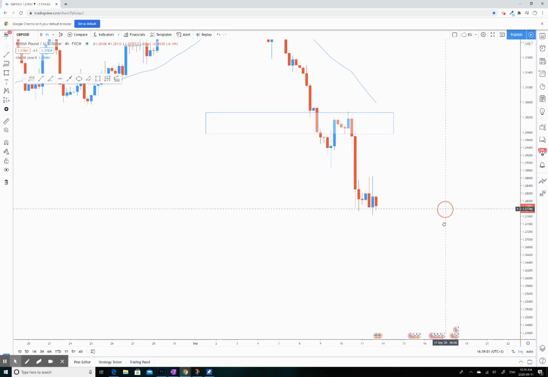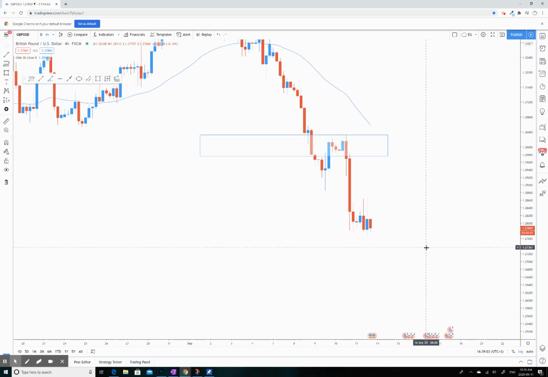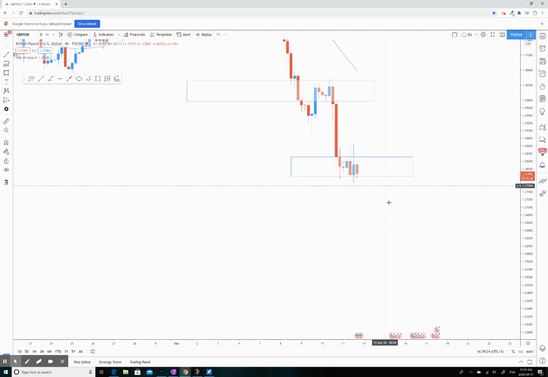So usually what I would do though is extend that rectangle. And honestly, all that's going to do for me, it'd probably show up lower, like down here. And I'd just be looking for an entry area. That's quite okay. I am looking for a zone here. The only issue is that it's still kind of within that area. So I would try to include as many of these wicks as I can and then wait for a clear